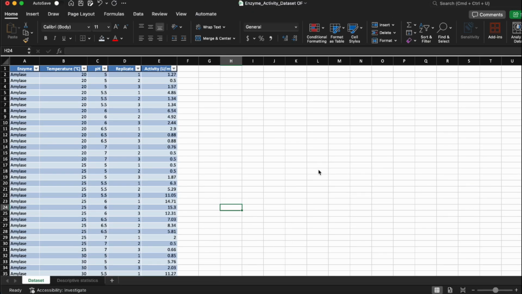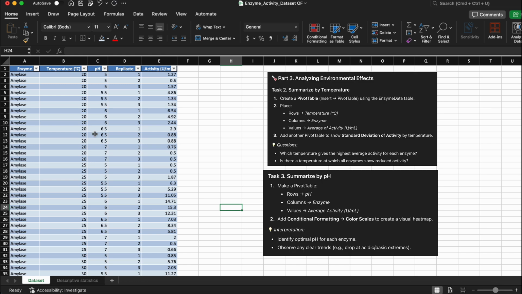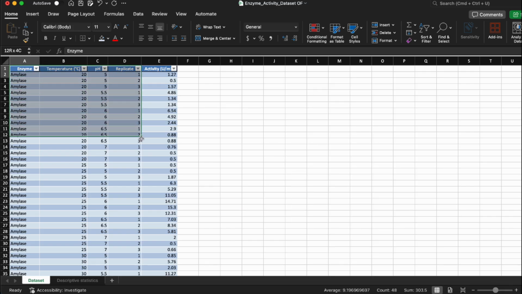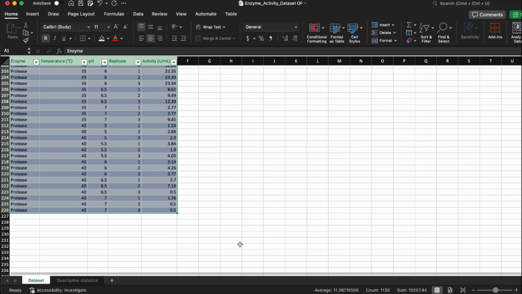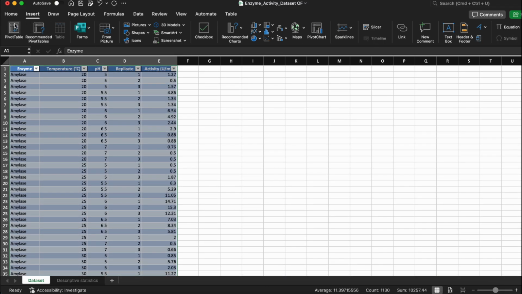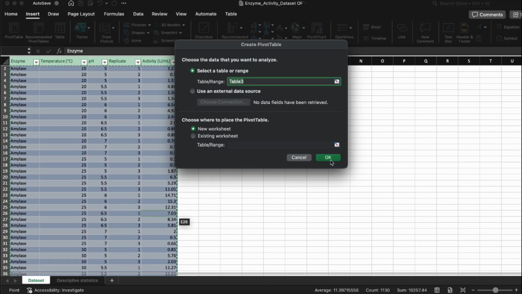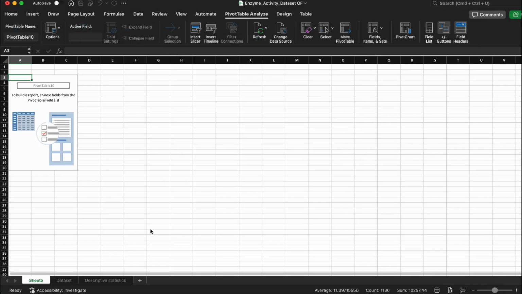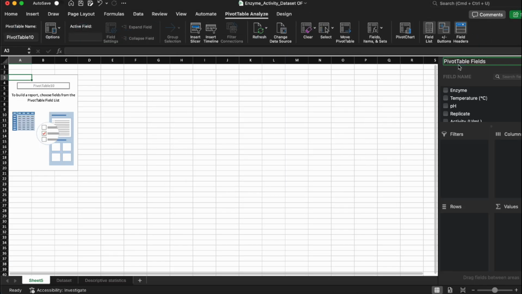Analyze the different environmental effects, in this case of temperature and pH, on the enzyme activity. So we're asked to make a pivot table. First we're going to select our dataset. Then we're going to insert a pivot table and add a new sheet. Then we will